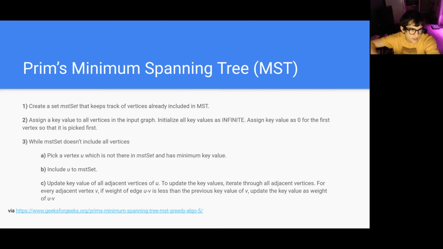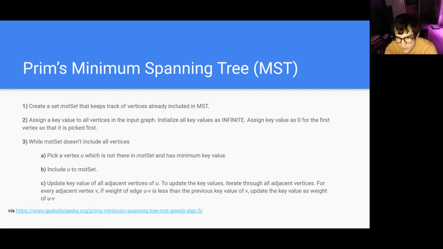So let's see here. It says first create a set, the MST set, that keeps track of all vertices already included in the MST. Assign a key value to all vertices in the input graph. Initialize all key values as infinite. Assign key value 0 for the first vertex so that it is picked first. While the MST set doesn't include all vertices, we want to loop. And we're going to pick a vertex U, which is not in the MST set, with a minimum key value,